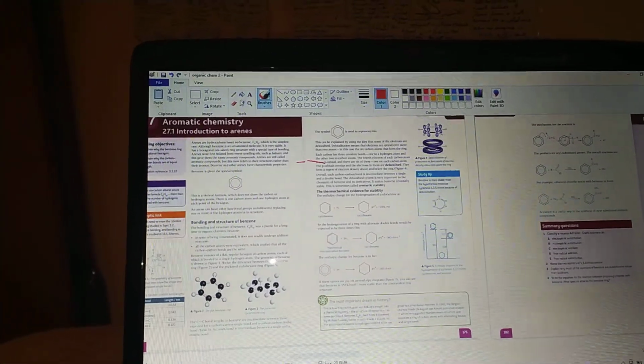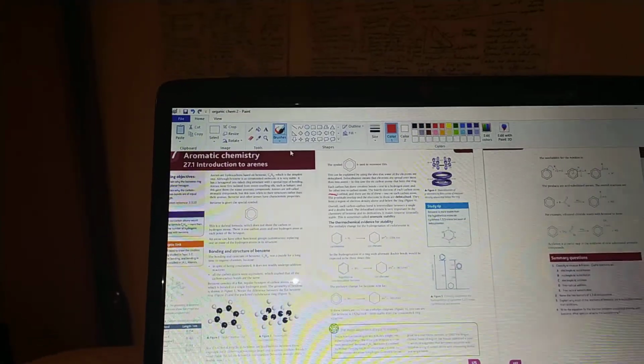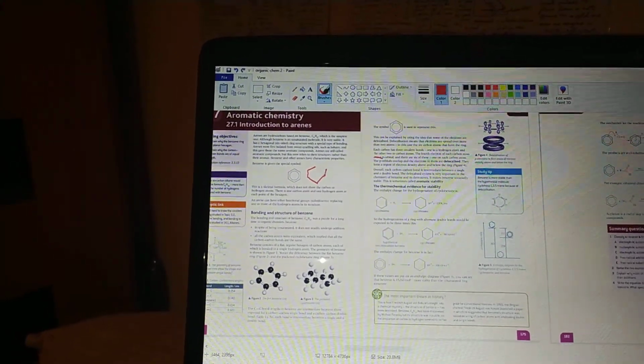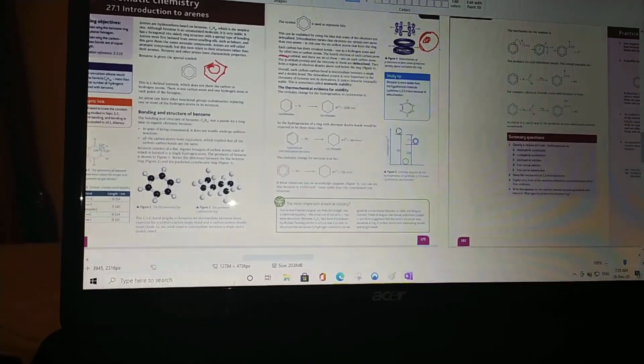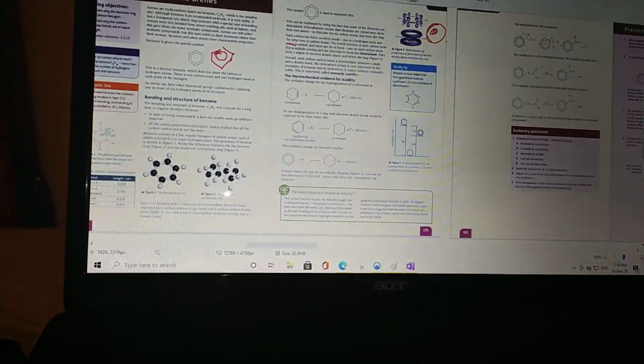So this is what we see about the original benzene. As you can see, it's a ring structure. This is our benzene ring structure in front of you, and we'll be talking a bit about its bonding and its characteristics. The bonding and the structure of the benzene ring was a puzzle for a long time to solve, because in spite of being unsaturated, it does not readily undergo addition reactions. We know that unsaturated compounds